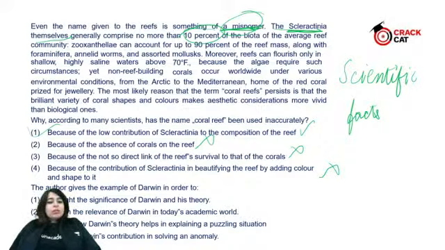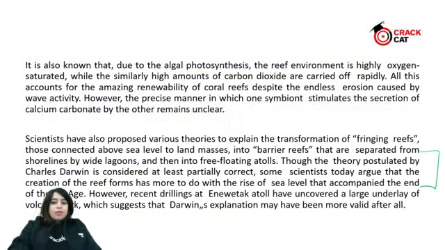It says, the author gives the example of Darwin in order to do what? To highlight the significance of Darwin and his theory. Let's go back to Darwin's example. It is given over here. We'll read a line above and we'll read a line below. So it says,